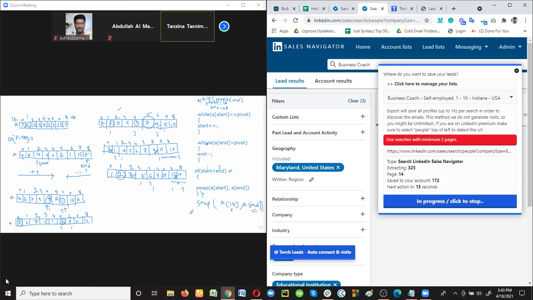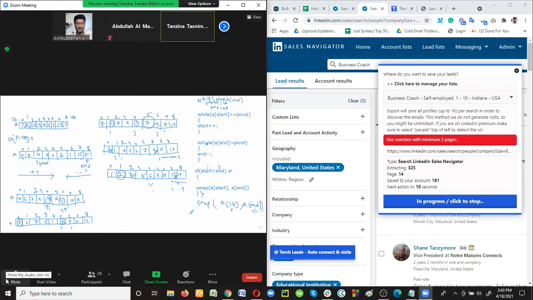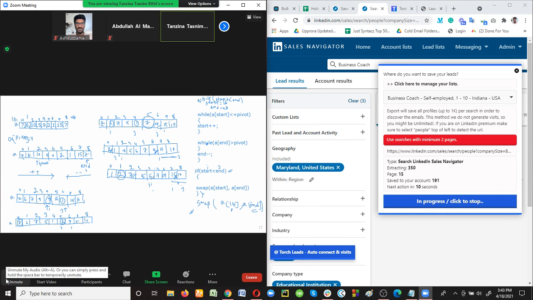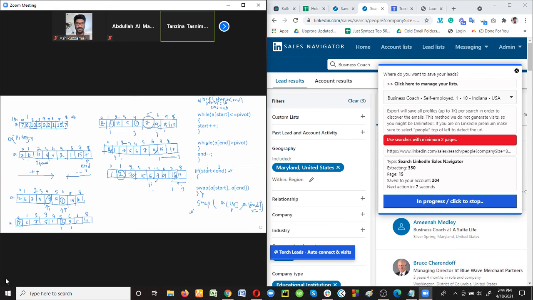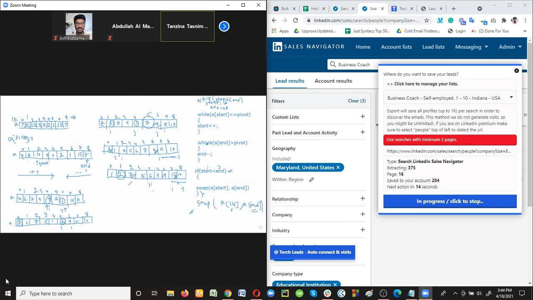Then again i++. So now i equals 4. Is it less than 7? Yes. But we cannot increase the pointer. Why not? Because this is the upper bound of the array. We are working on only this subarray with 3 elements. So this is the place of i now.